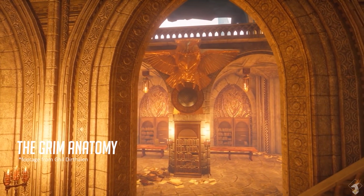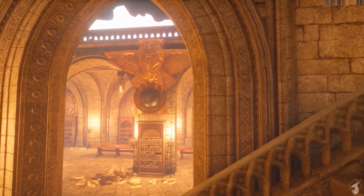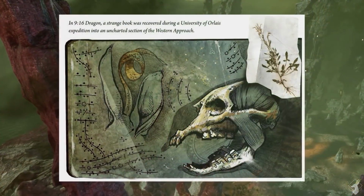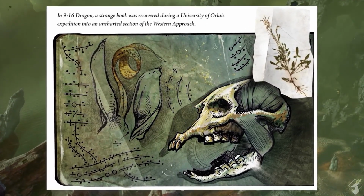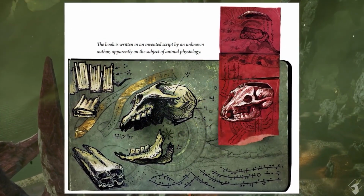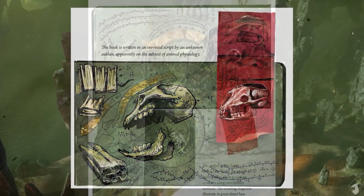The Grim Anatomy is one of the least well known but also most fascinating finds in all of the Dragon Age universe. The name itself was given to a set of manuscripts that were unearthed during an expedition organized by the University of Orlais into the Western Approach, when they discovered a weird combination of pages and symbols that seemed to be from a man studying animals in the universe, including nugs, giants, and wyverns, and what they looked like